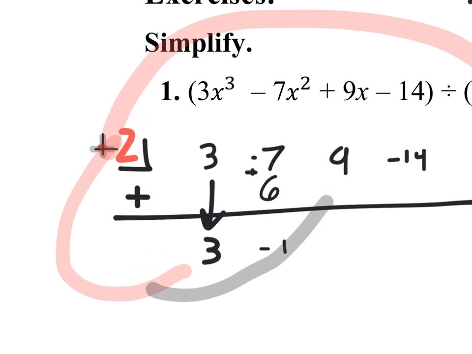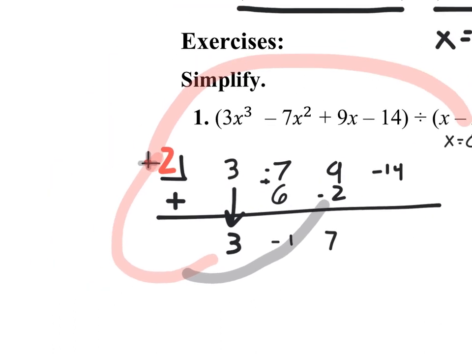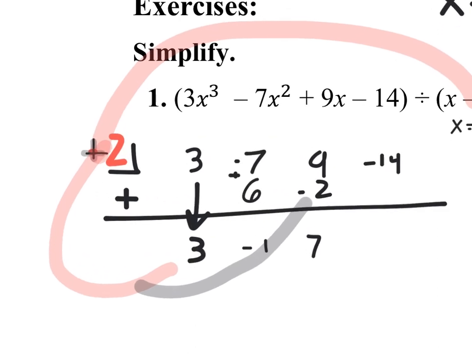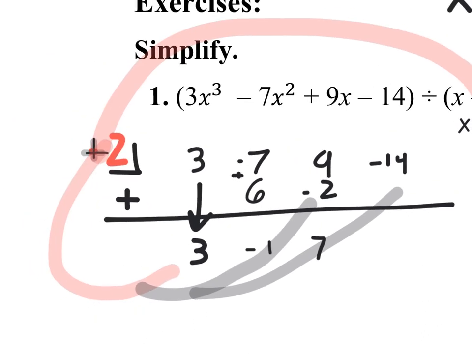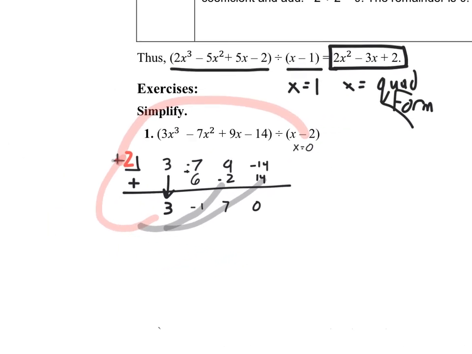We get a -2. Add those up, we get a 7. And then when we multiply it by that +2 one last time, we get a 14. So once again, we get a remainder of 0,